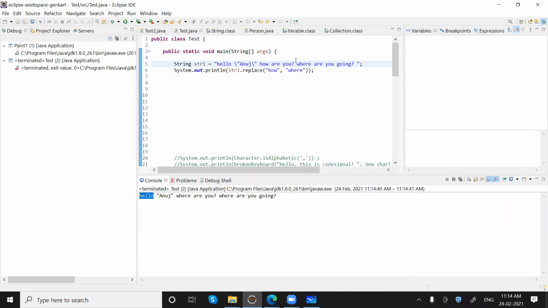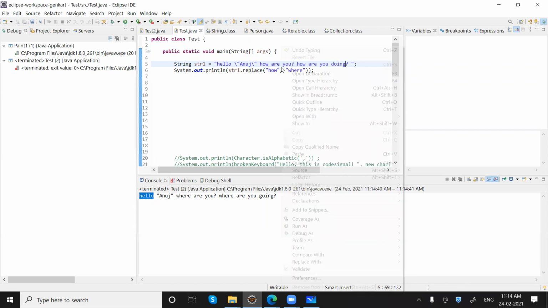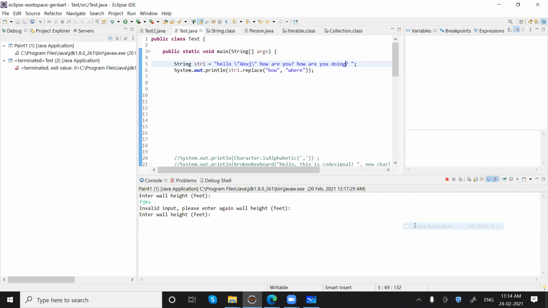Where are you going? Let me take how are you doing. In this we have two hows. When we say replace how with where, we can see it's getting replaced. How is basically getting replaced with where. Make sense?